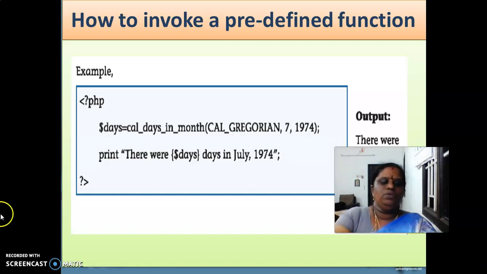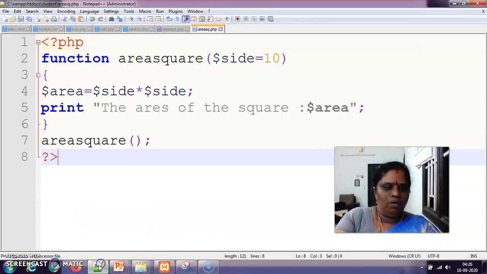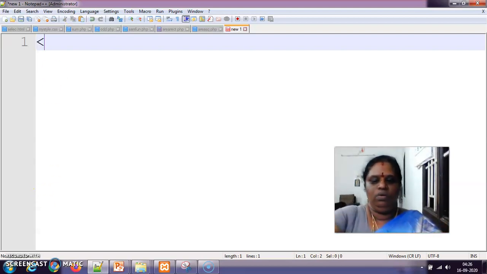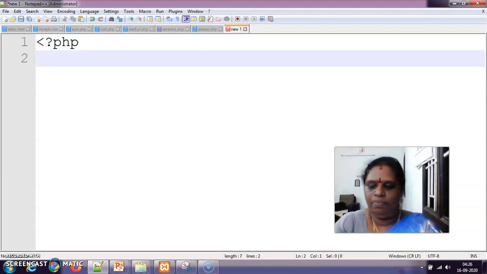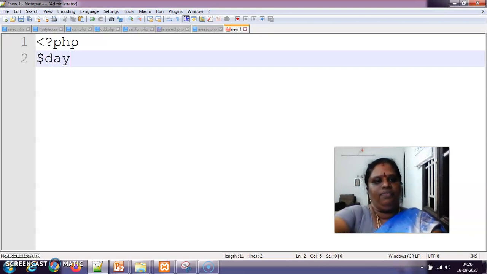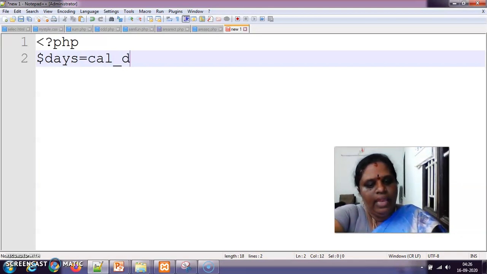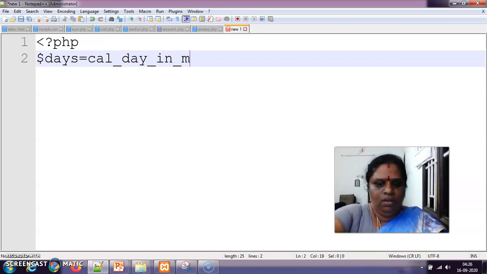Yes. So we'll go to our notepad. We'll open a new file and type a program. We'll start with PHP. We are going to calculate the days: days is equal to cal days in month.